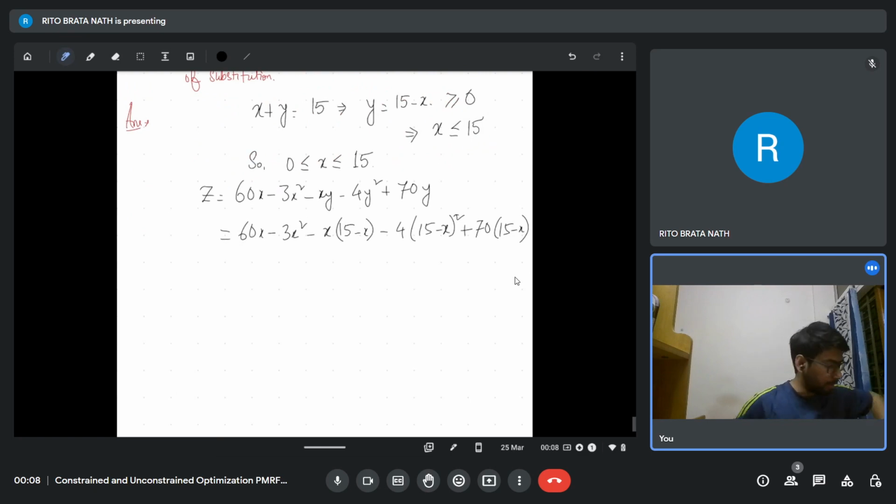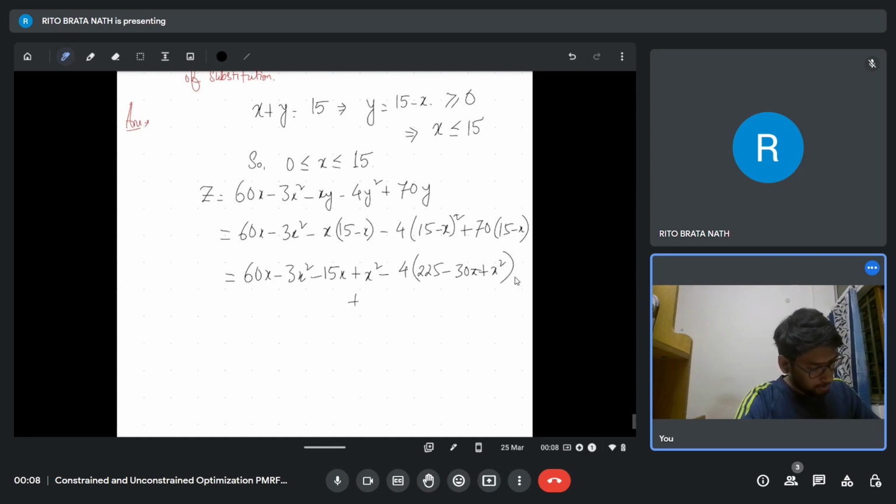So you can simplify it. 60x minus 3x squared minus 15x plus x squared, minus 4 times (225 minus 30x plus x squared), plus 7